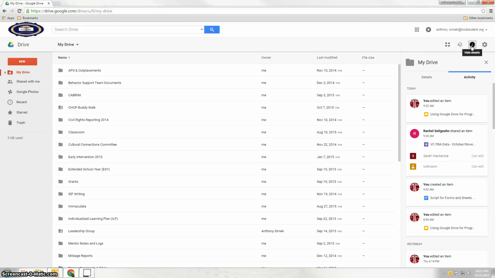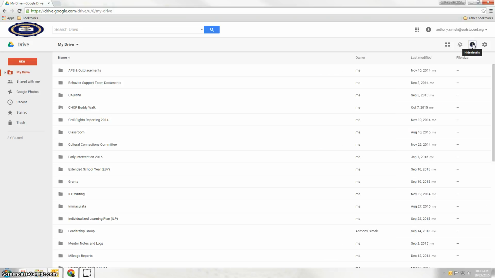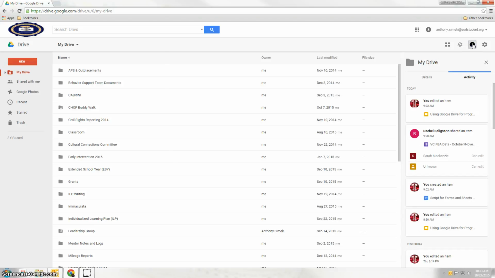This information button is an option that we have to have this sidebar here. So all it does when I click that is it hides the details or it opens the details again. I prefer to have it open because when I log into my drive, I can see not only what I've done to most recent files. So the last thing I did was at 9:22 today, I was updating the presentation that we're using today for our professional development, for our in-service, but I can also see that Rachel shared an item with me at 9:20,